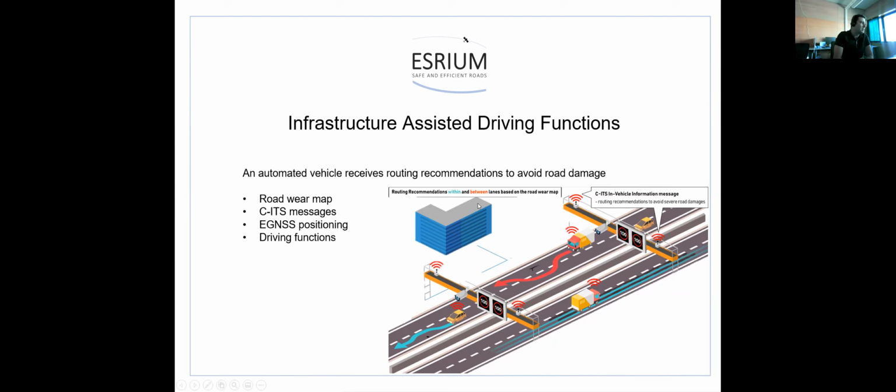This means that routing recommendations with specific information on positioning within and between the lanes based on the road map, and the vehicle will, for example, get the information about a hazard on the driven lane, and then conduct a recommended lane change maneuver to avoid the problem location,